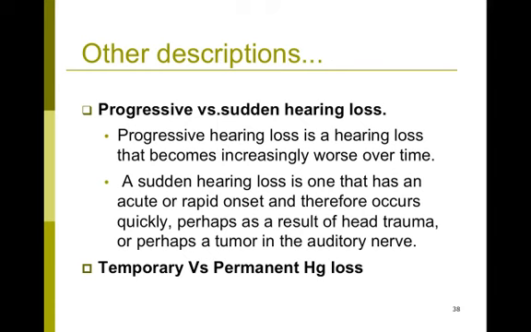Progressive hearing loss is the type of hearing loss where the degree of hearing loss increases as time passes. An example of that would be presbycusis, the hearing loss that you see with elderly individuals. You would expect that the hearing loss increases over time. What's important is that if you suspect a progressive hearing loss, then you recommend frequent follow-ups to monitor the degree of hearing loss. And if you have fit them with a hearing aid, then you want to make sure that the hearing aid gives appropriate amplification.